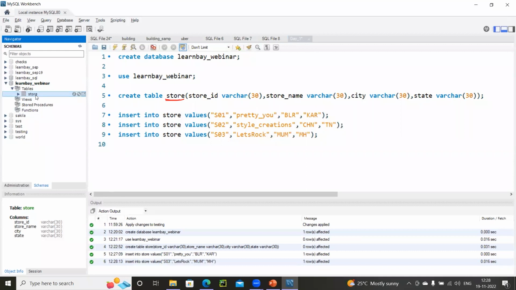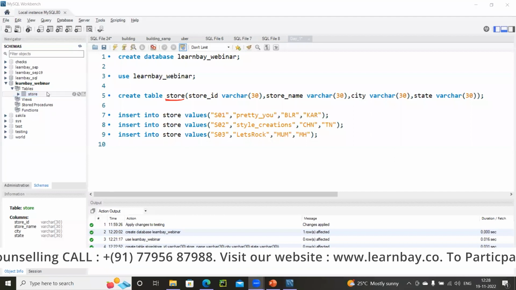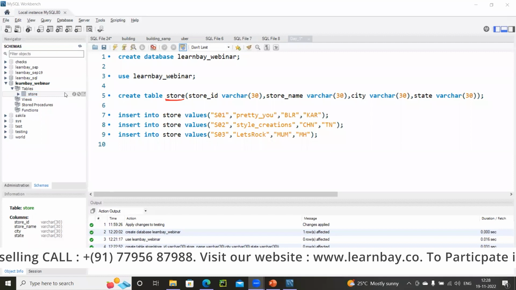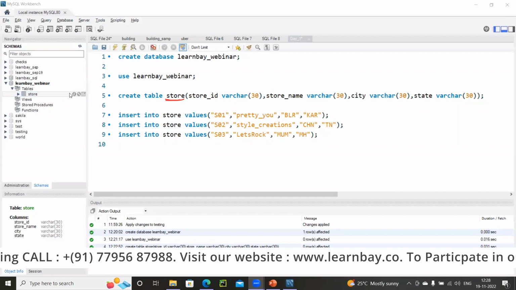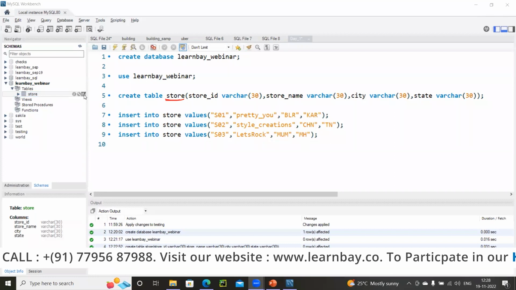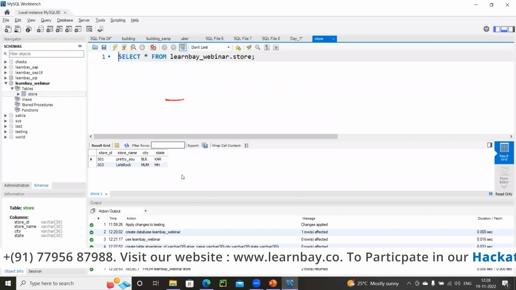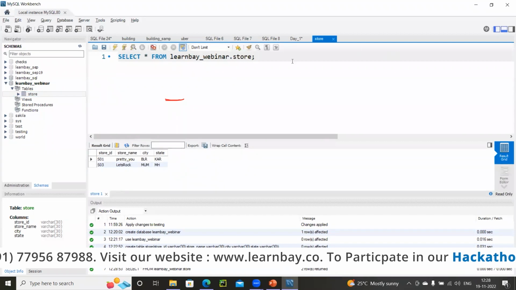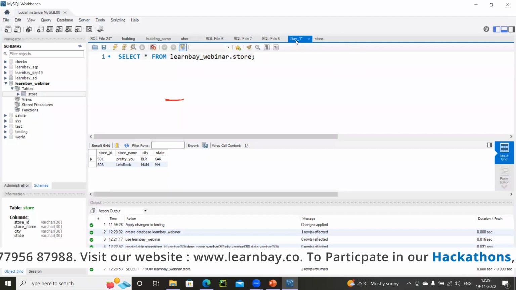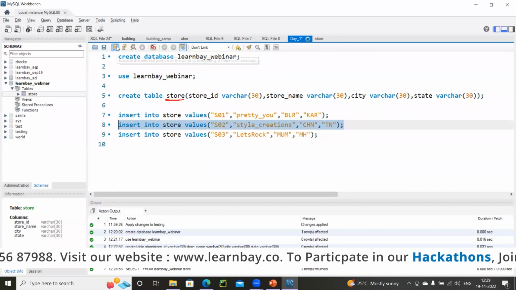Okay. Now 3 rows I have inserted inside my table, which is having the structure being maintained. Now I'm interested in viewing the records which I have inserted because I want to know whether they have been inserted as expected. Now how can you do that? Click on this. Can you see the third symbol? If you keep your cursor on the store, you could find a third symbol. Can you see a table with a pen on it? Click on that. That will basically help you to run. Oh, I haven't run the second command. I think I missed running the second command.